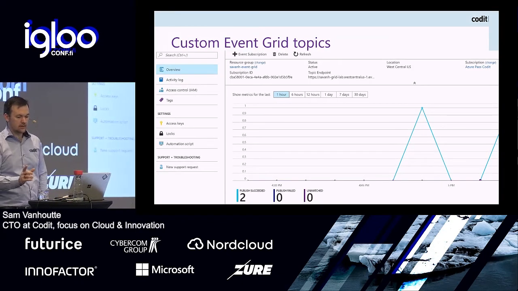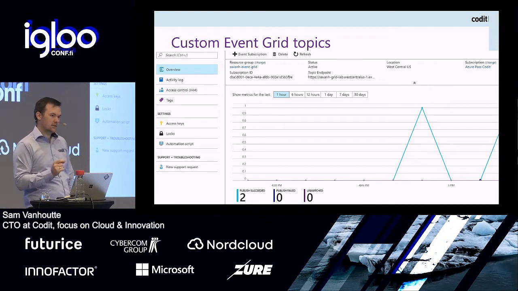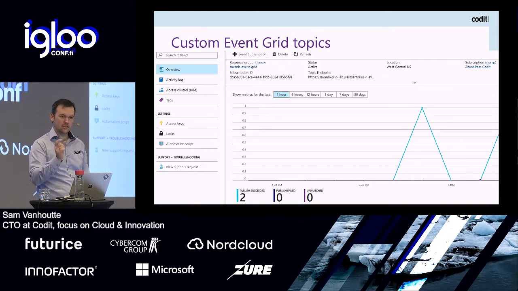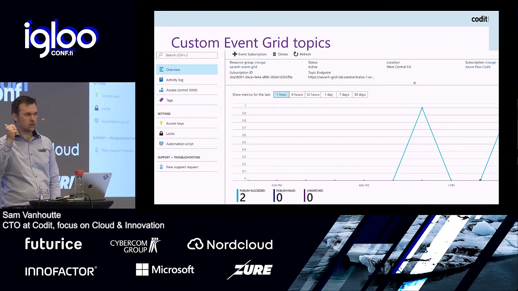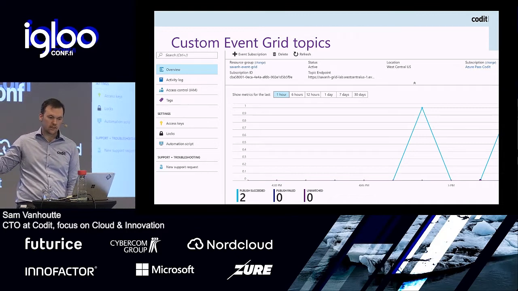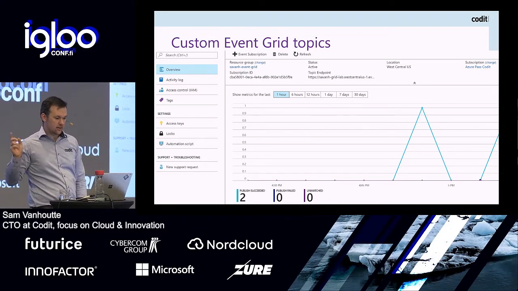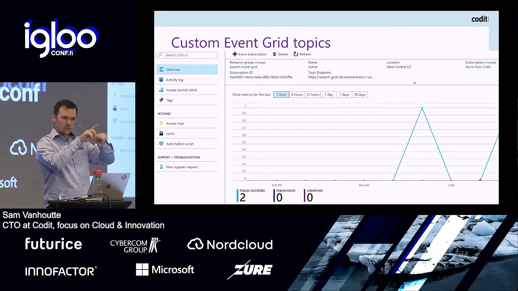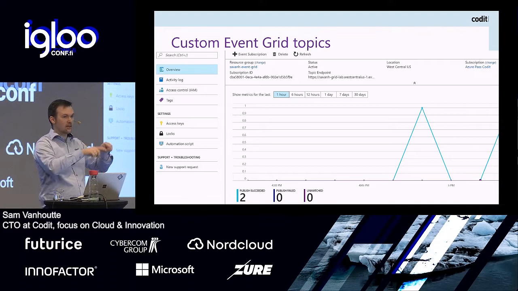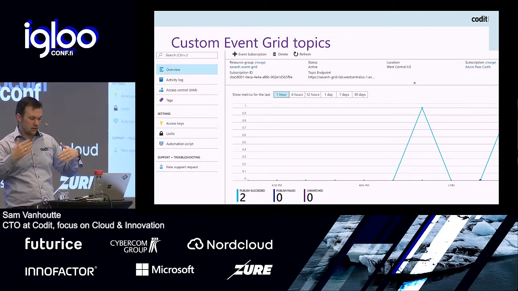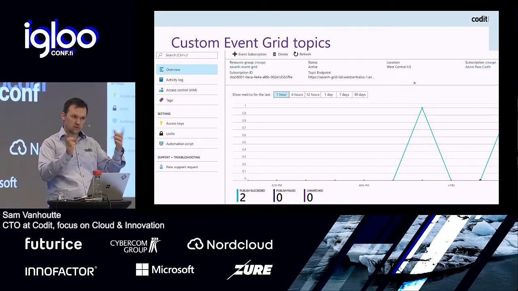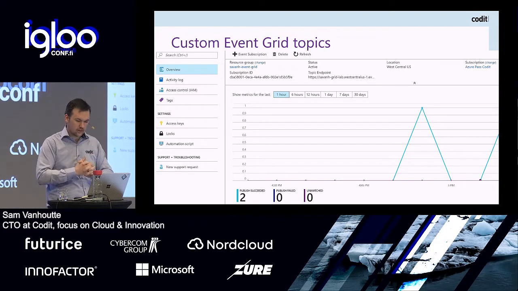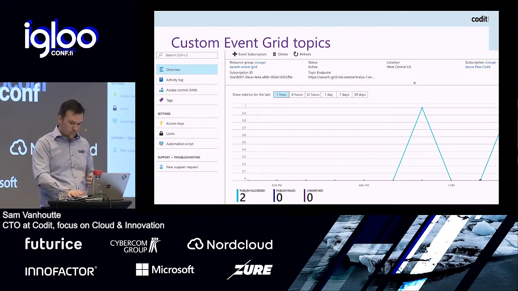You can also publish events. And to publish events from your own application, the only thing that you have to know again is where is the topic. So you have to know a topic endpoint, and of course, you have to know a secret key, an authorization code. So you create a topic in the portal, and then you can copy the authorization keys from the access keys. Again, on a topic, you can see perfectly how many events have been published and how many events have been handled with Azure monitoring and so on. So you can subscribe to that. You can really use that also as metrics for you.